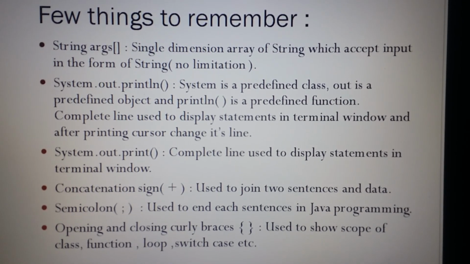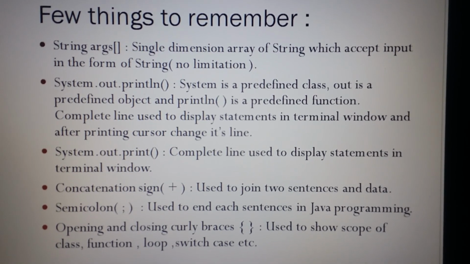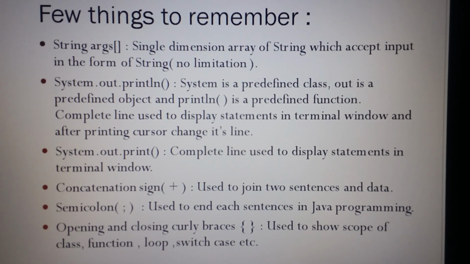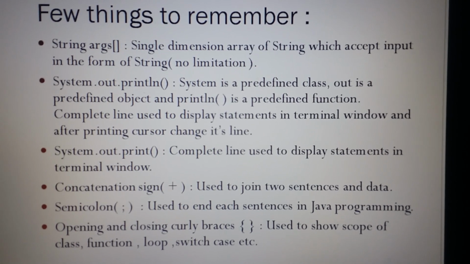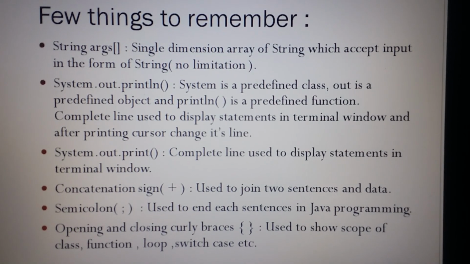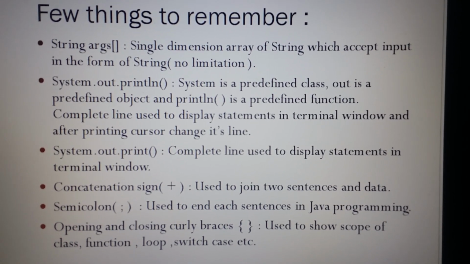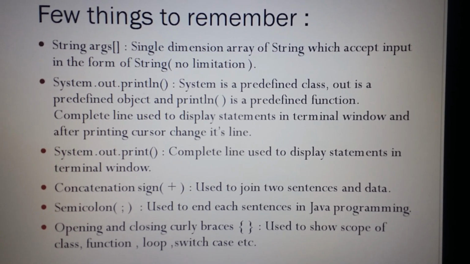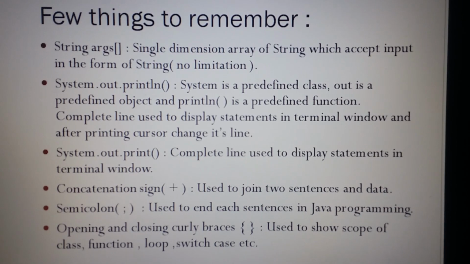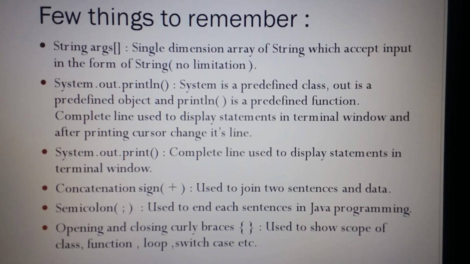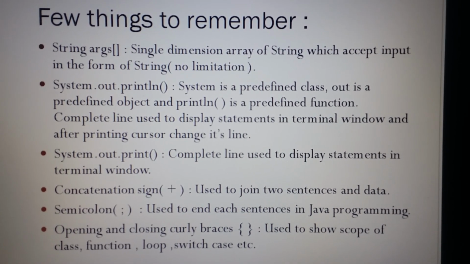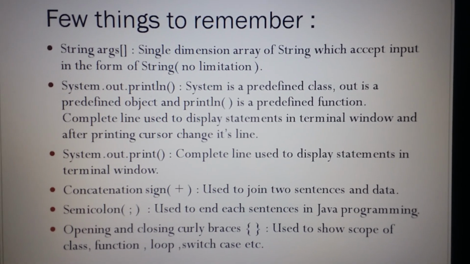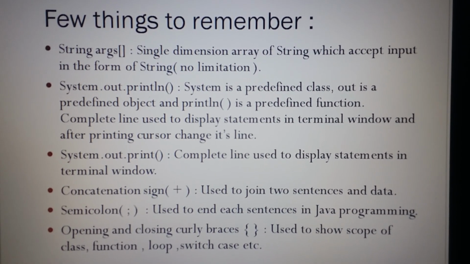See, println has a role that if we are writing anything in double quotes, it prints in the same way, same as print also, but both have one difference: println has ln, meaning new line, and print doesn't have it. It means if println prints details, then it changes line, and if we are using print, the cursor stays in the same line. They are not supposed to change line.